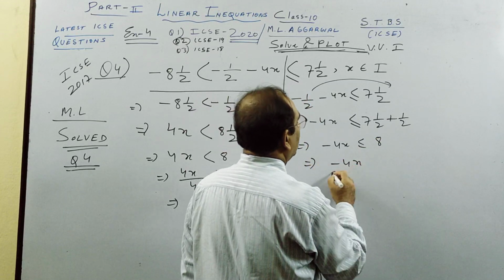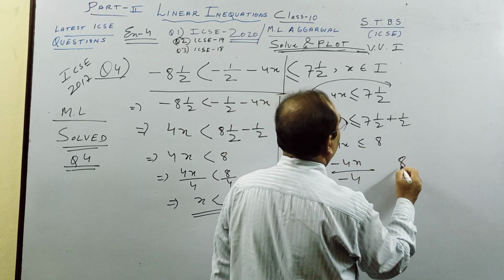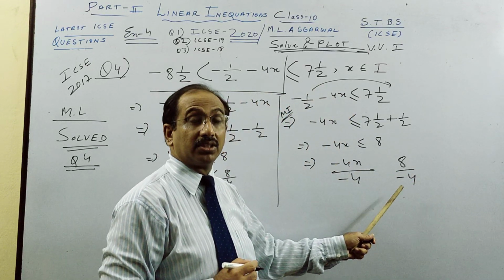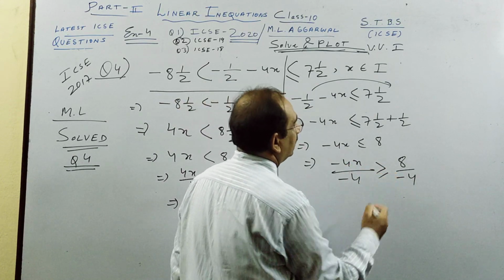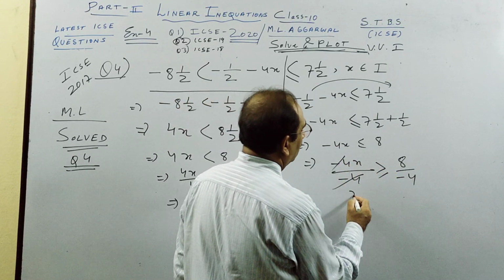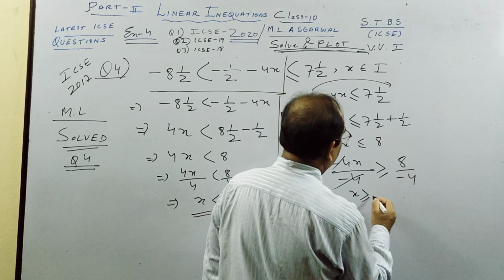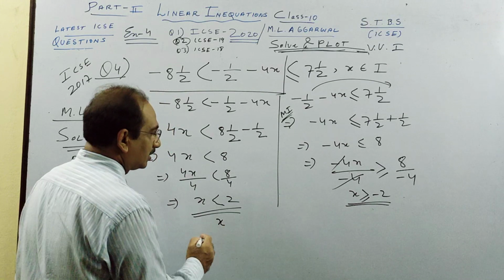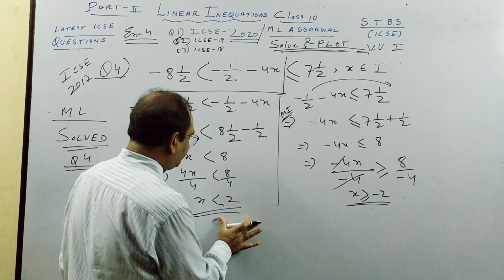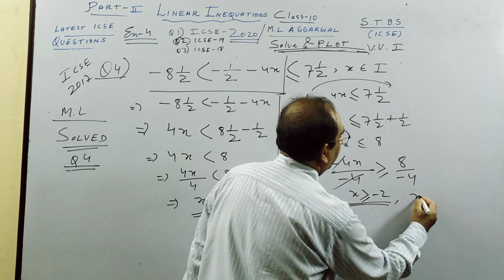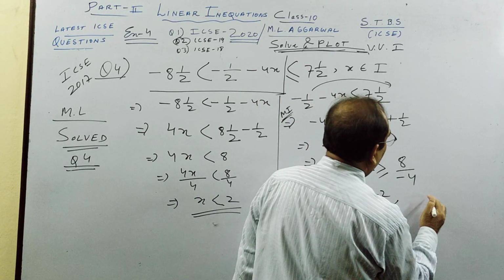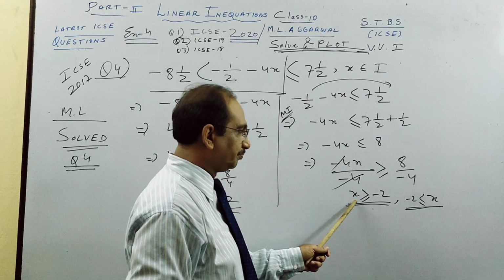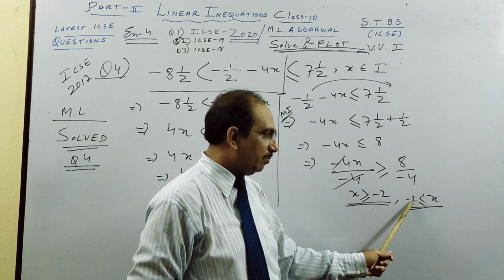So to remove minus 4, I divide by minus 4. Now you see, as soon as you divide, this is an inequation, not equation. Sign changes. So this will cancel. X is greater than or equal to minus 2. This is what you get, and here you get x is greater than, x you can write like this because we will put greater than or equal to minus 2. Both are same. X is greater than minus 2, this way minus 2 is less than.